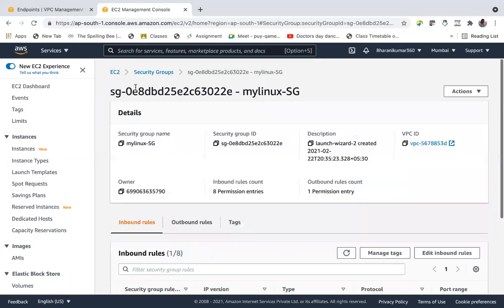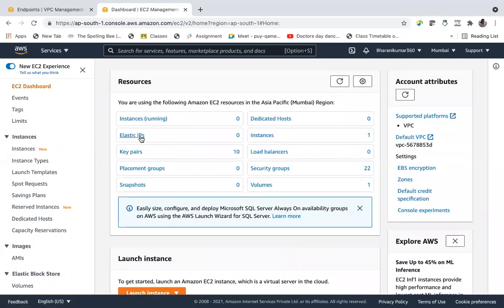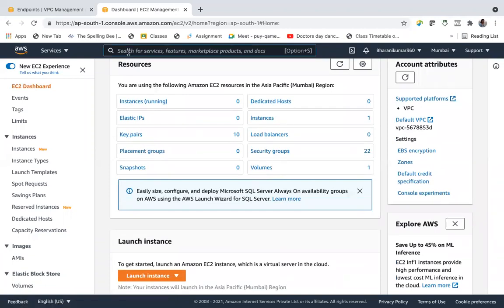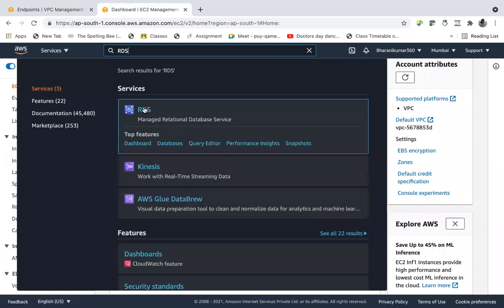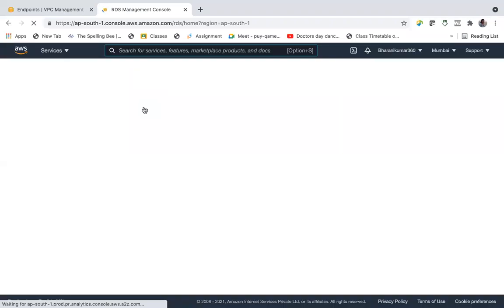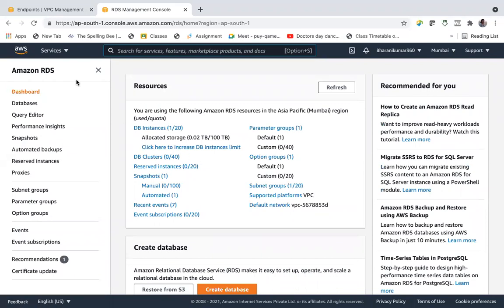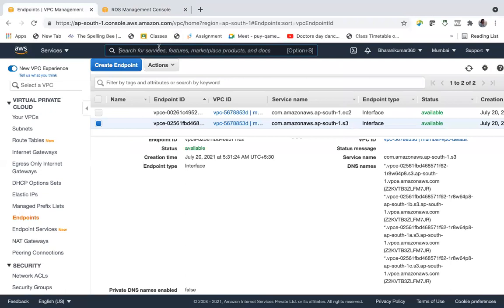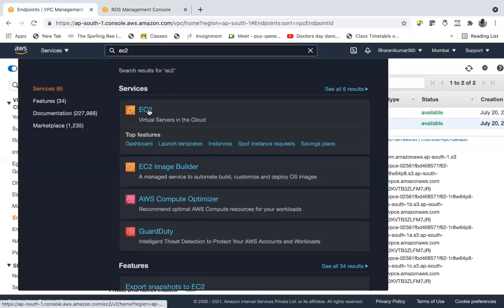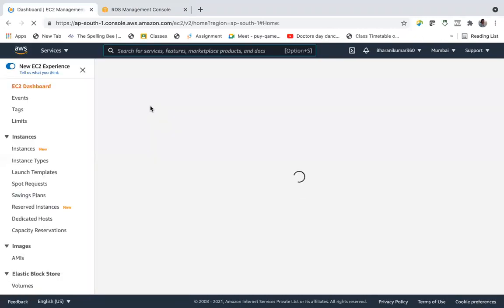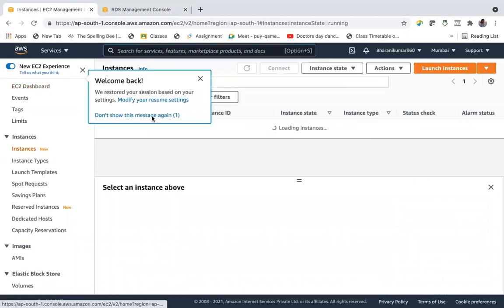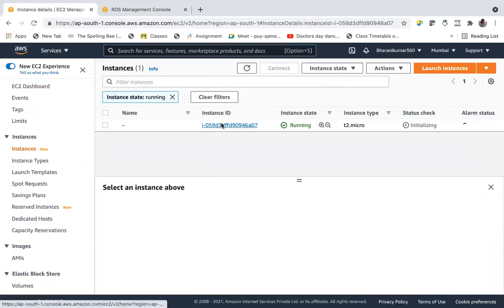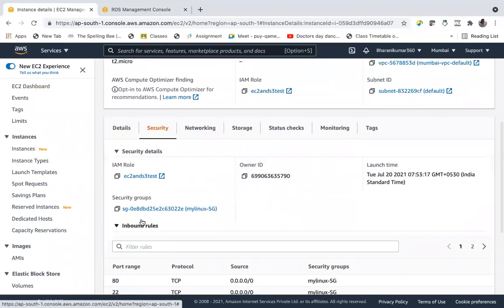And also, since that instance is private, we will go to RDS. And the security group we are using is MyLinux SG.